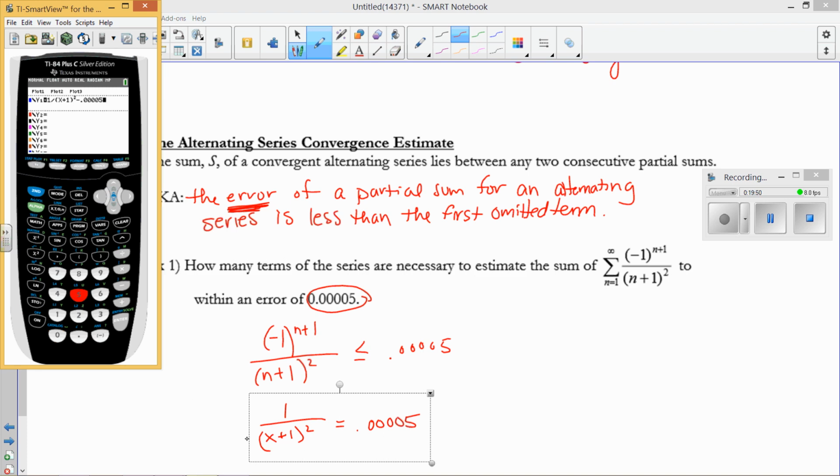Now I want to see how many terms are needed. So when I go to my window, I'm going to set my x to 0, and since x represents n, and I want n to be the number of terms, let's do like 25 terms. And then I just really want to know the y-intercept of this, so I'm going to go from negative